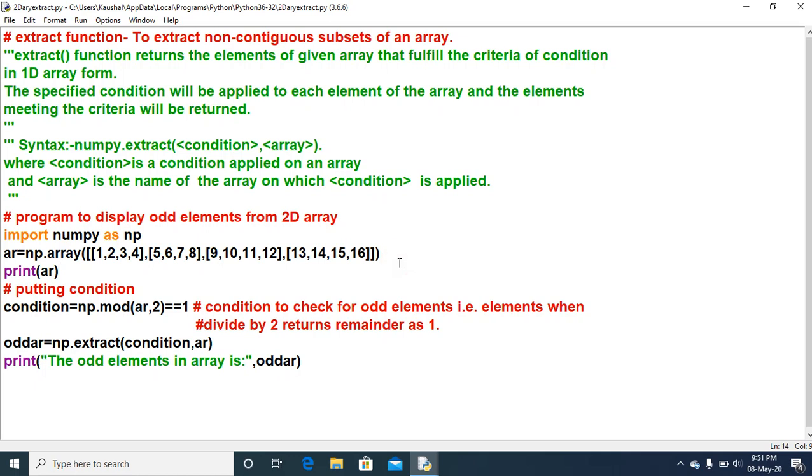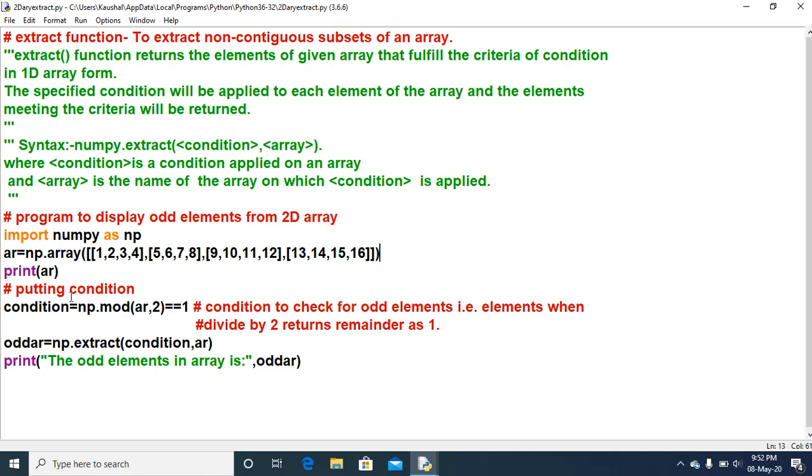Here it is easily understandable that it has 1, 2, 3 and then 4 rows, and how many columns? 1, 2, 3, 4 and so on. So here it is a 4 by 4 matrix, you can say, because there are 4 rows and 4 columns.